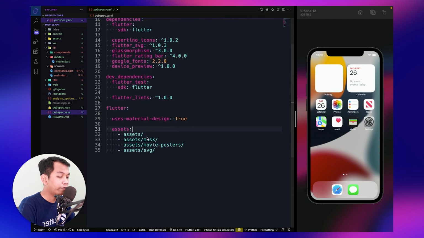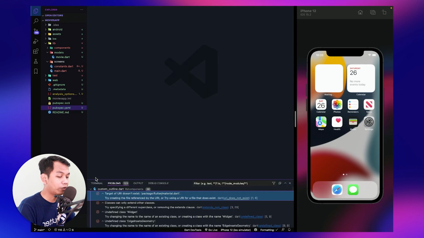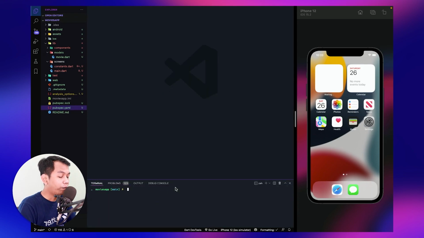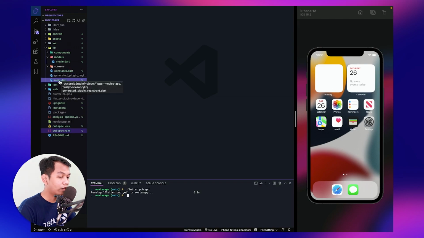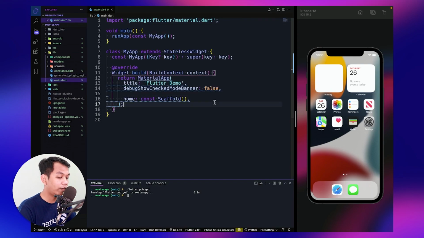And I have declared the assets folder here, and so on. Okay, so the next step is we go to our terminal, and as usual, we need to download our pub dependencies. Alright, so we have downloaded our dependencies, and let's open our main file.